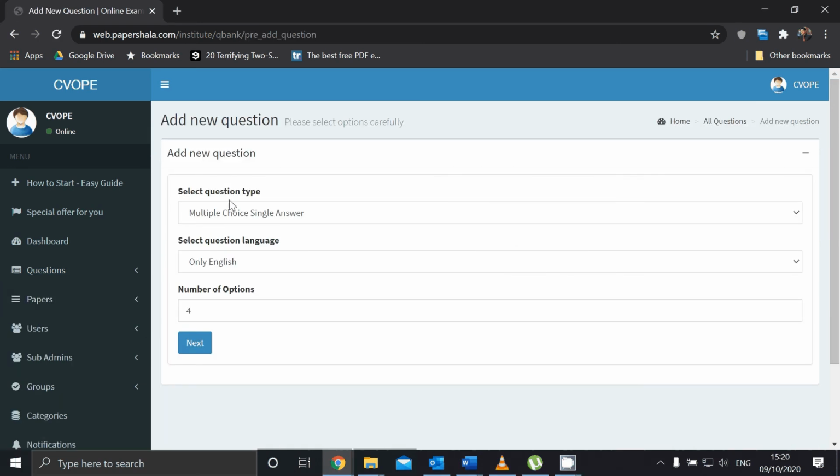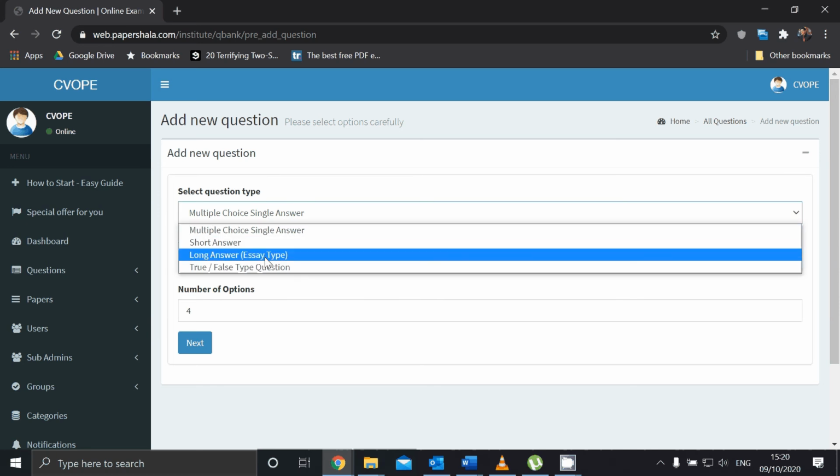Now here they'll just ask you three simple options. First is what type of question is it. So unless you are planning to give a multiple choice question, you will select long answer essay type. I think most of you will be giving these as their option. If you do have any simple multiple choice question, yes, you can always go for that. I will create a separate video for that. But in this case, I am just going to be describing essay type since that is what most of your questions will be.